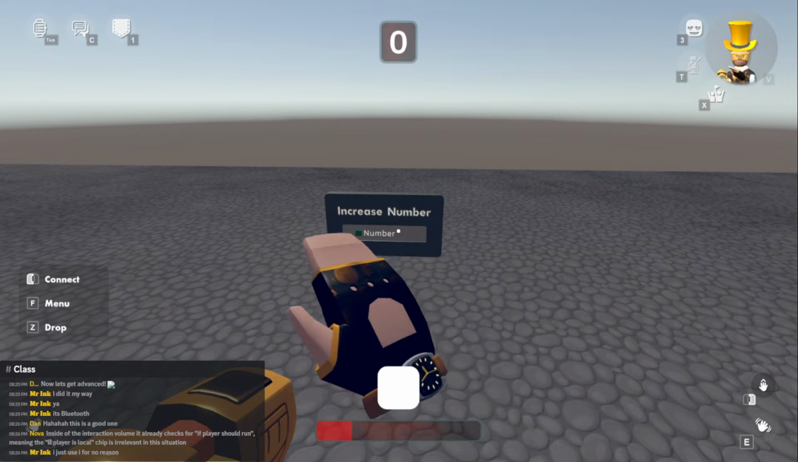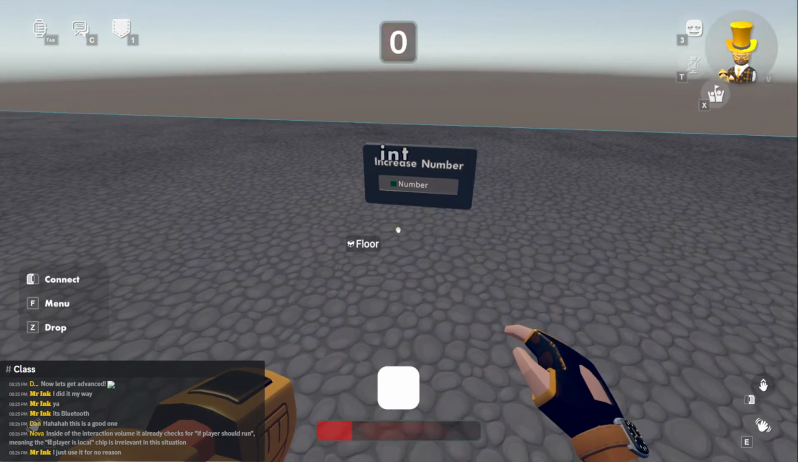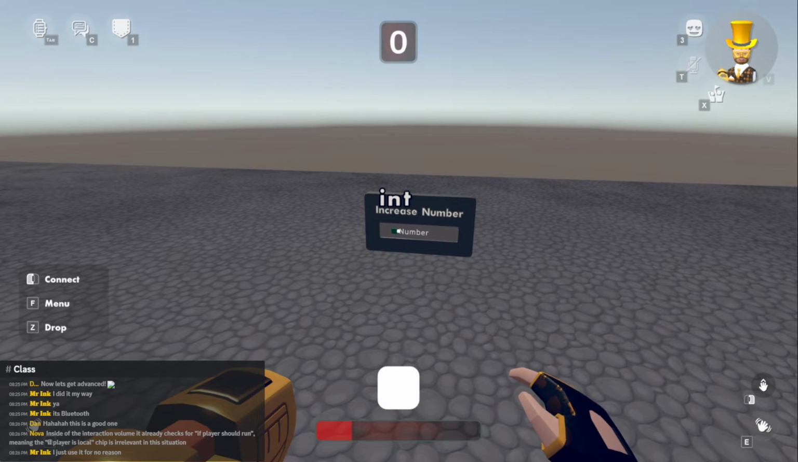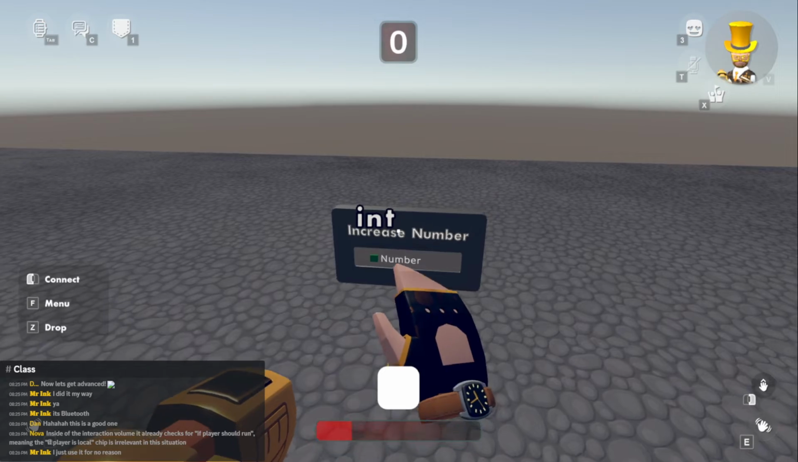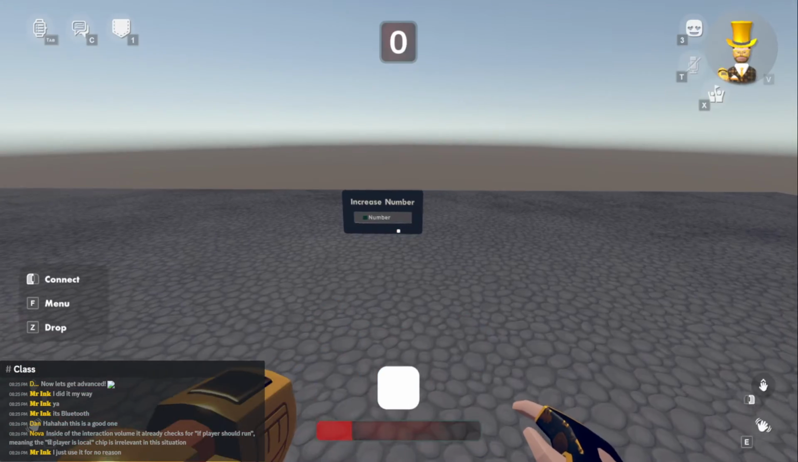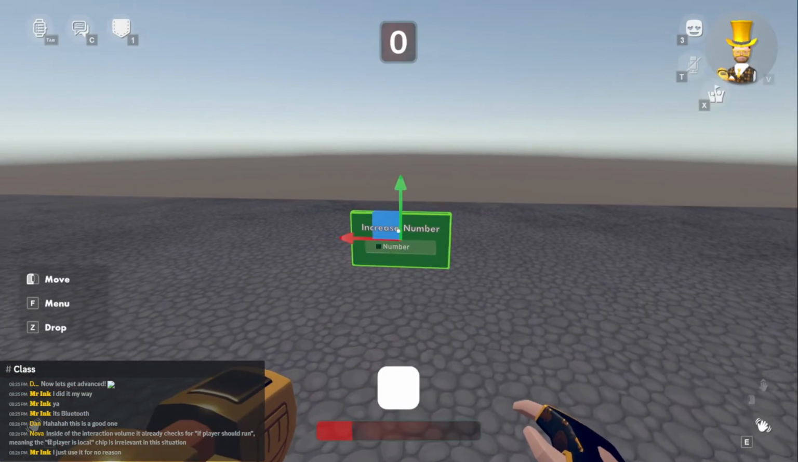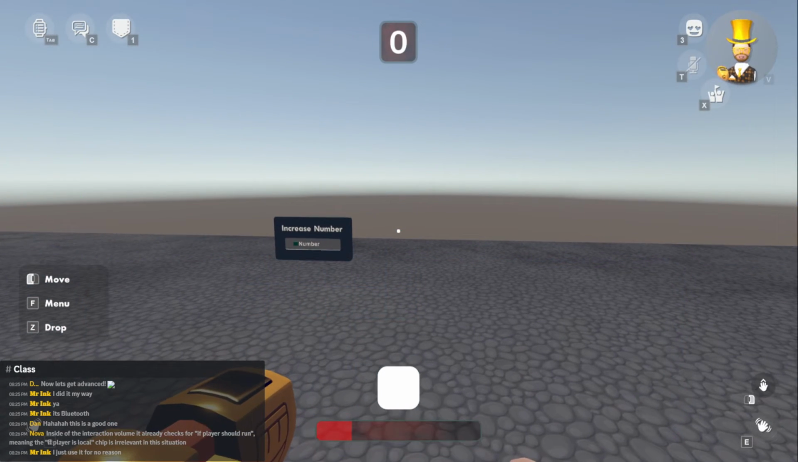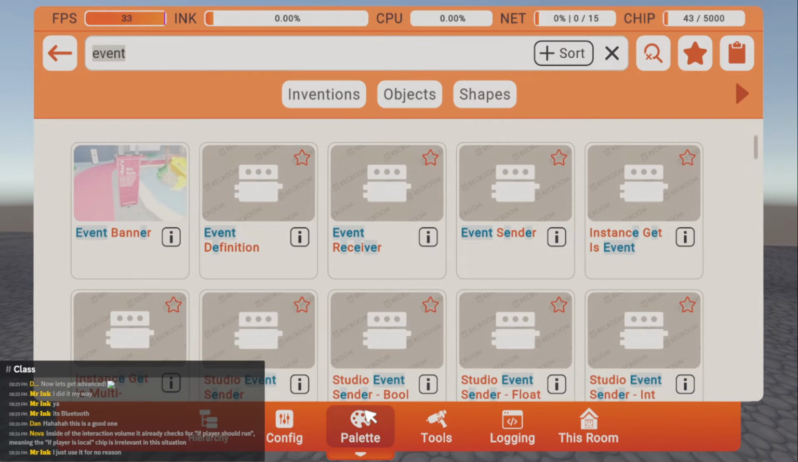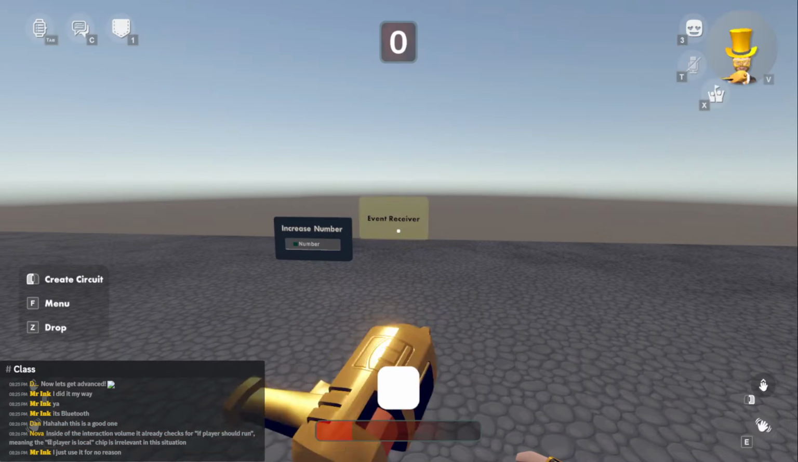You don't actually see the ports here. You'll just see a list of the ports, and if you hover over it, you can see the type. So using this, you can't really do anything with this right now. This is just to sort of configure the event. Now there's two more chips that we need, which is an event receiver and a sender. So if we get the receiver,